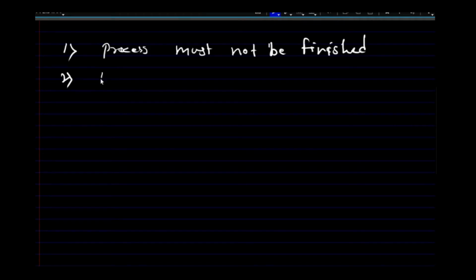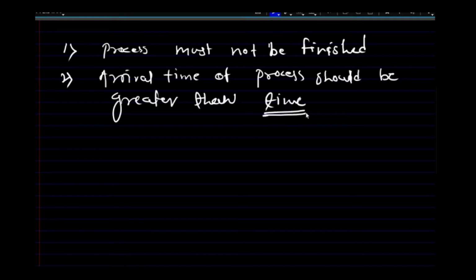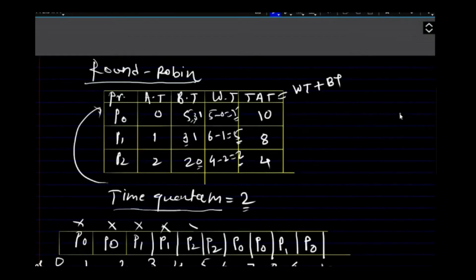Second condition: arrival time of the process should be greater than time. Why is it so? Because, for example, if we take the arrival time for P0 as 2 instead of 0,